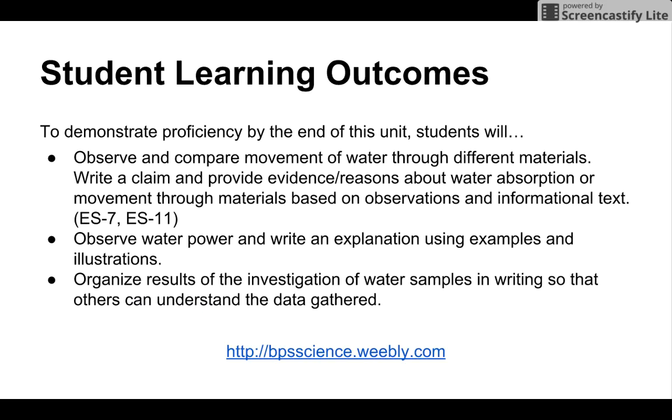You can find the Student Learning Outcomes document for this unit on the Boston Public Schools Science Department website. Check out the Water Overview screencast for more information about the BPS Science Weebly and resources available for teaching this